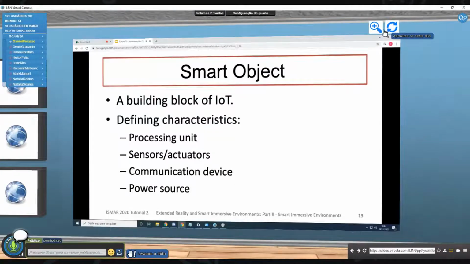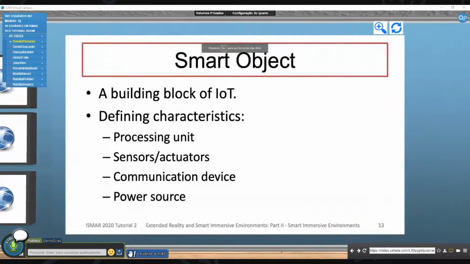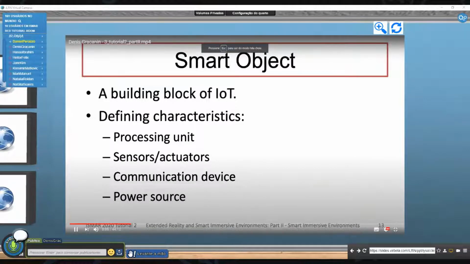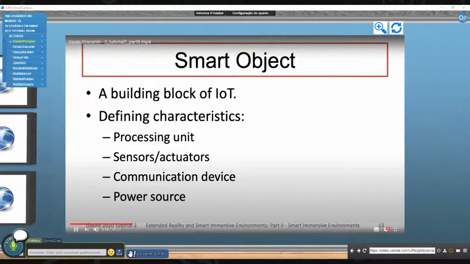And some of the defining characteristics of that smart object includes what is the processing unit, what is computational power, what is the portfolio or assortment of sensor and actuators attached to